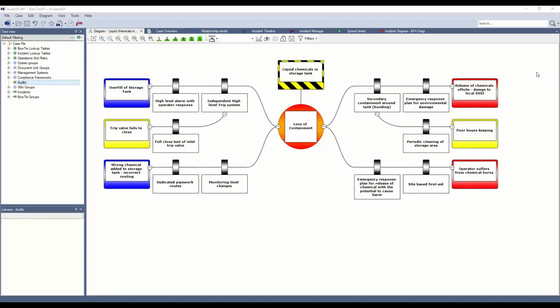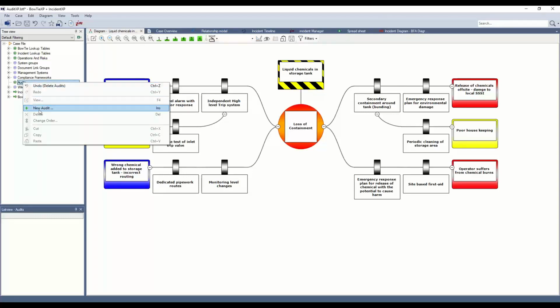So once you are in the software, in AuditXP, obviously you should already have your bow tie available for you to work on. The next thing you want to do is go to the tree view and spot your audits container. Probably it will be empty, but if not, you might already have some of your audits or example audits available in there. If you want to create a new audit, you can right-click on this container and select the